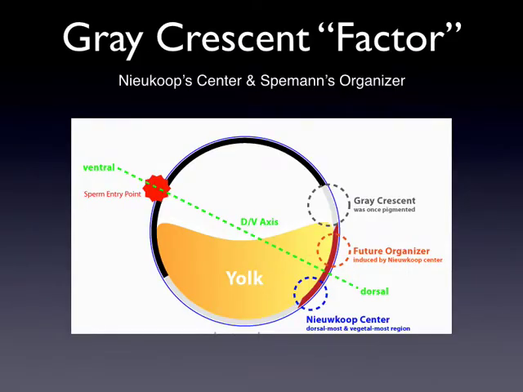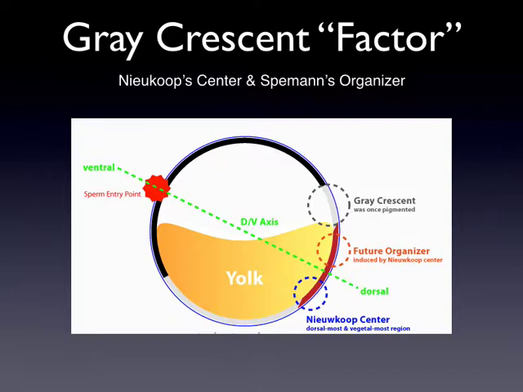Okay, so we're going back to the gray crescent, and one of the things that I want to take a moment and point out to you, because I neglected to do so earlier, is that in the mid-20th century, Peter Nieuwkoop, you've seen the word Nieuwkoop and Nieuwkoop center on slides, but I haven't really called it out to talk about it. So Peter Nieuwkoop was studying the organizer and the maternal effects in the vegetal region,